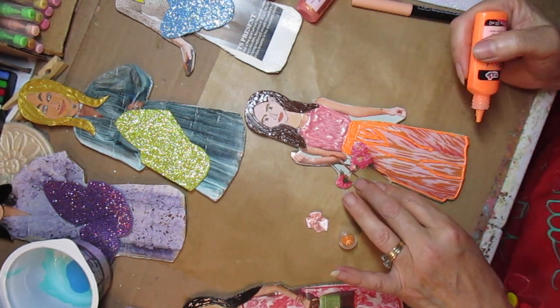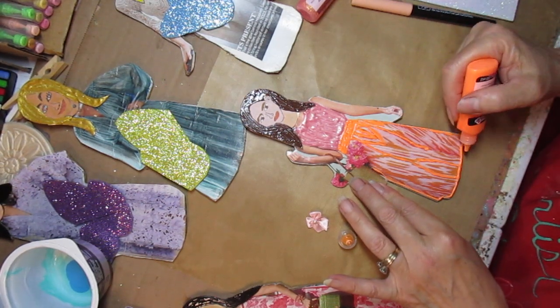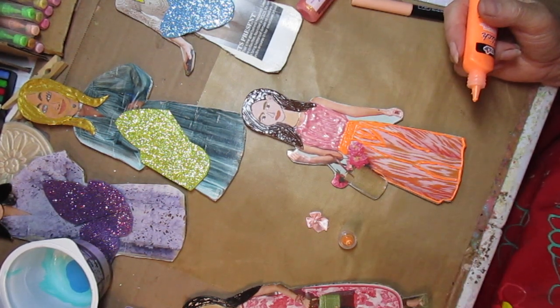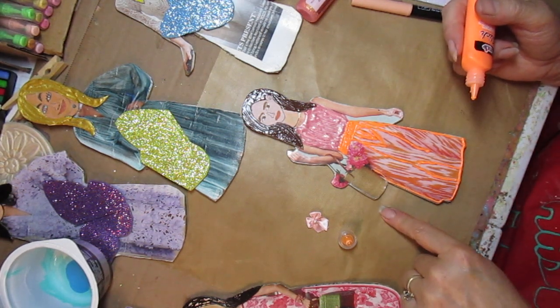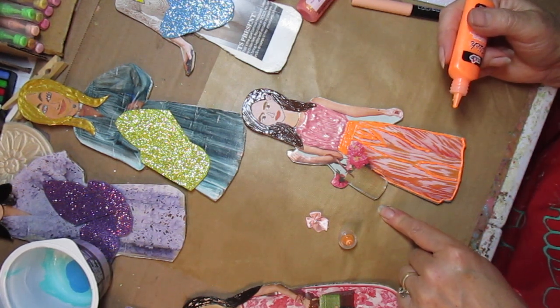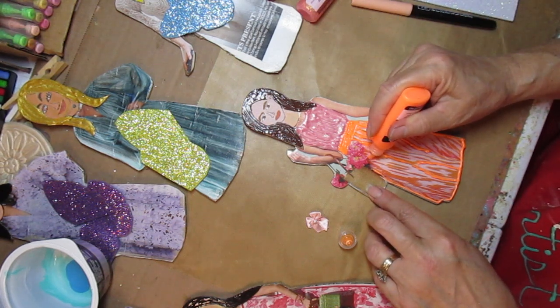She doesn't have any feet right now. I'm not sure what I'll do then. I might add feet later on, because these paper dolls, now here's the twist again, are going to become magnetic on the back, and I will have a special holder for them. And these paper dolls are, so when I go to the craft show